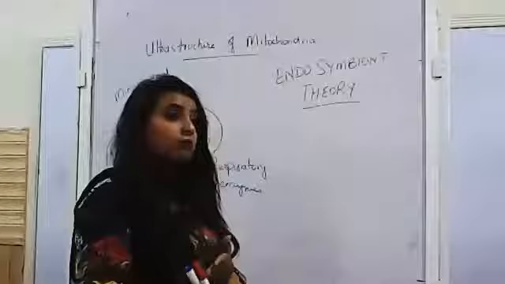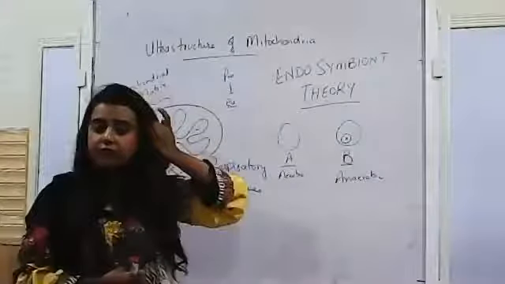Organism B engulfed organism A, right? This organism A was eaten by organism B. So organism A reached inside the cell of organism B. What happened? Instead of digesting this cell, organism B formed a mutually beneficial relationship with this organism. Why? Because aerobic respiration releases more energy. Because more energy was being released, B was getting more energy without doing any extra effort, right? So hence, they developed a mutual relationship.